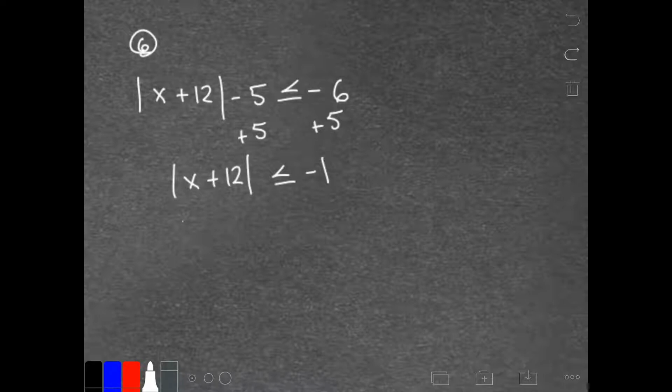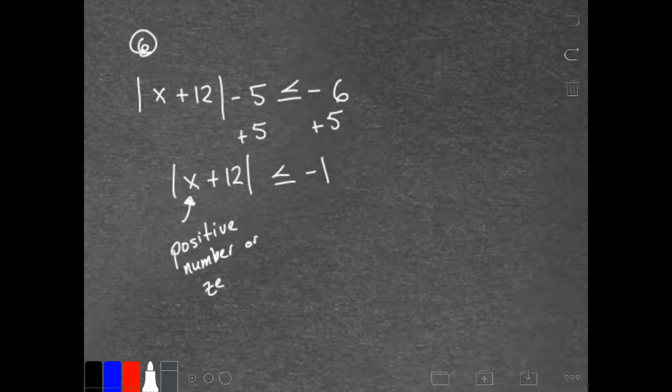What number can I plug in for x, multiply by 4, add 12 to it, and get an absolute value less than negative 1? Well, we're going to run into another problem here. No matter what number I plug in for x, when I take the absolute value, I'm going to get a positive number